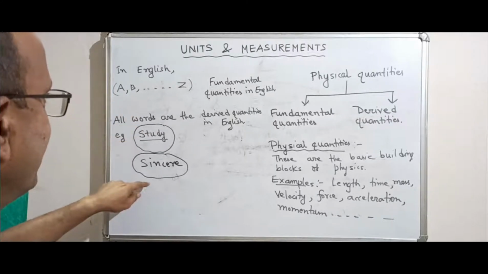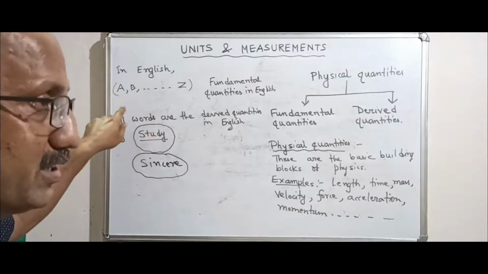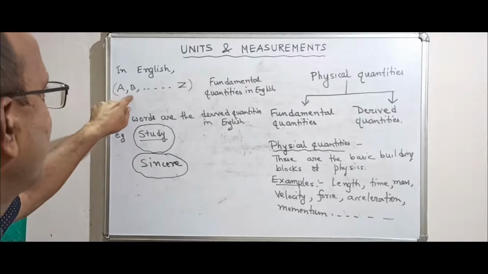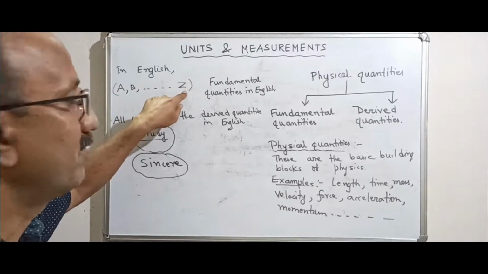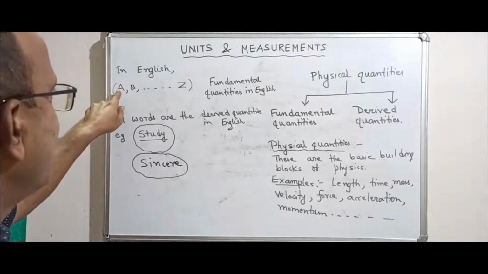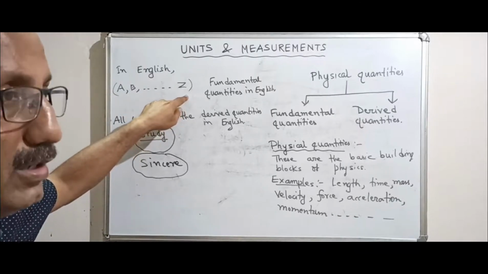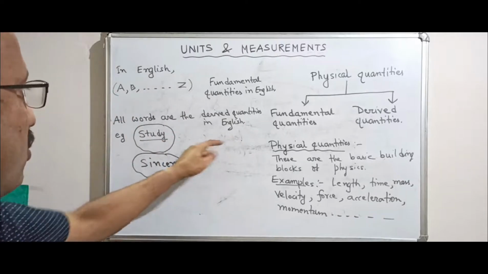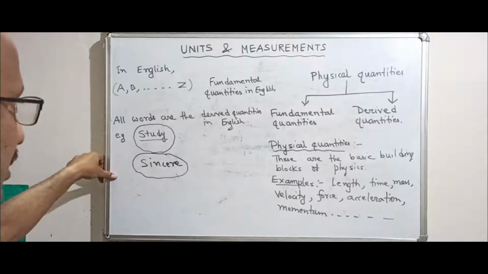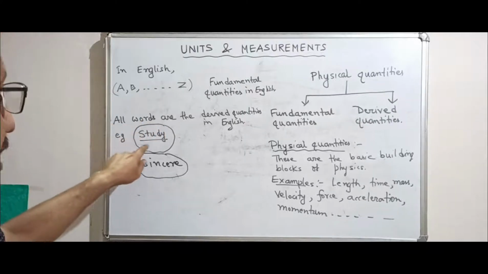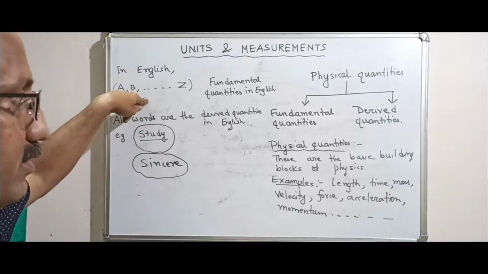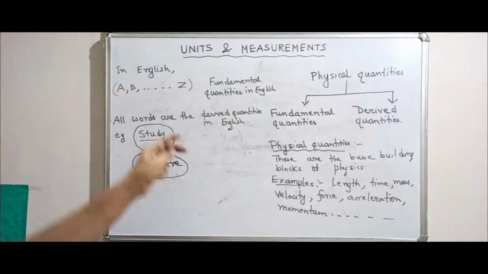So you can understand that to construct any word, you have to use some of the basic alphabets in English. So in the English language, all the alphabets from A to Z are the fundamental quantities, and all words are the derived quantities, because you cannot construct any word without using these fundamental quantities. Similarly, in physics,